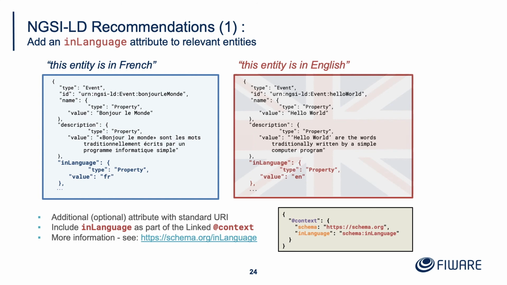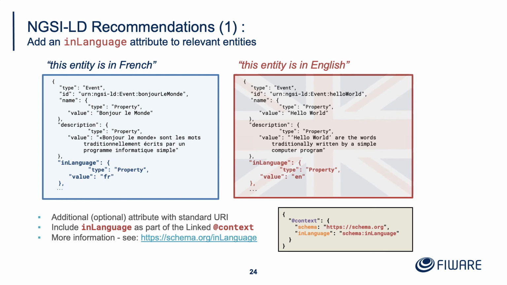It's optional, obviously, because if I have events in a monolingual country, I don't necessarily need to point out that it's in this particular language. However, you can, because it's a standard name with a standard URI from schema.org,